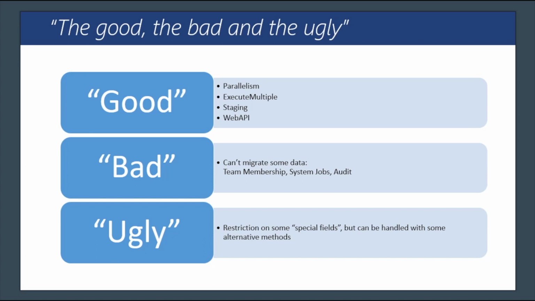The bad would be that there are definitely a few things that you can't really migrate the way that you would expect. So you can't migrate system jobs, you can't migrate team membership directly as data. So what you can do is process and associate records of users to teams afterwards, but it's not really a table or a migration of data like you're migrating contacts. Or the audit table, which is actually data, but in the way we've got it today, it's not migratable in the same way, because it is audit,